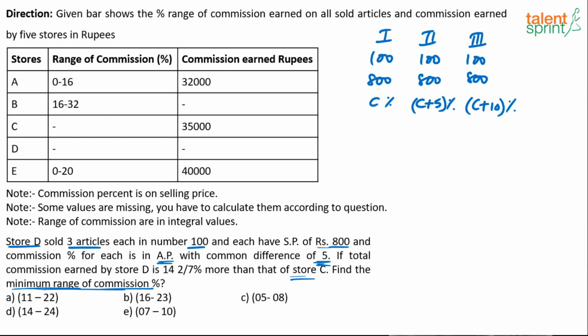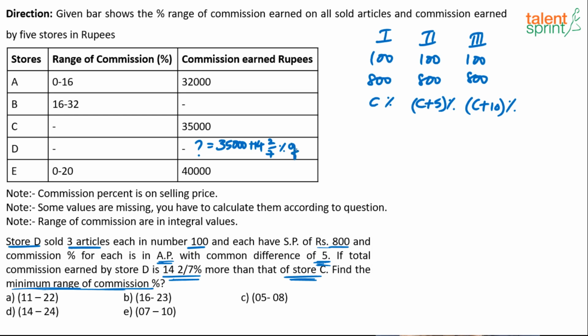the point is, what is the total commission earned by D? That is not known to us. It's a missing value. However, when you read this next part of the question, it says the total commission earned by D is 14.2/7% more than that of store C. 14.2/7% more than that of C, which means this question mark will be equal to 35,000 plus